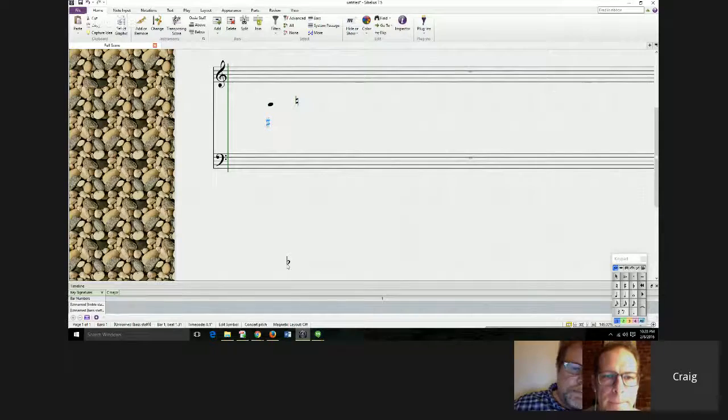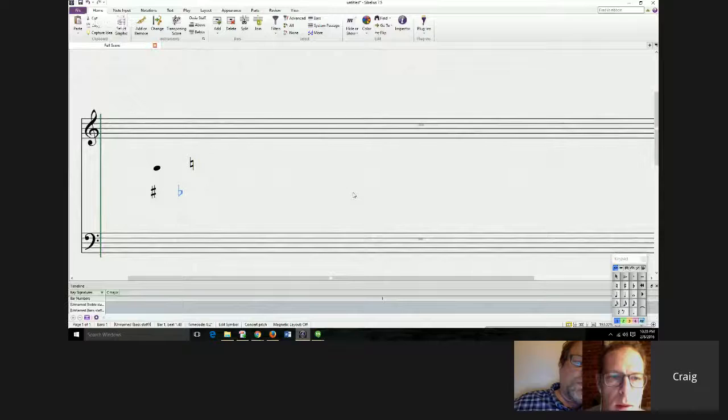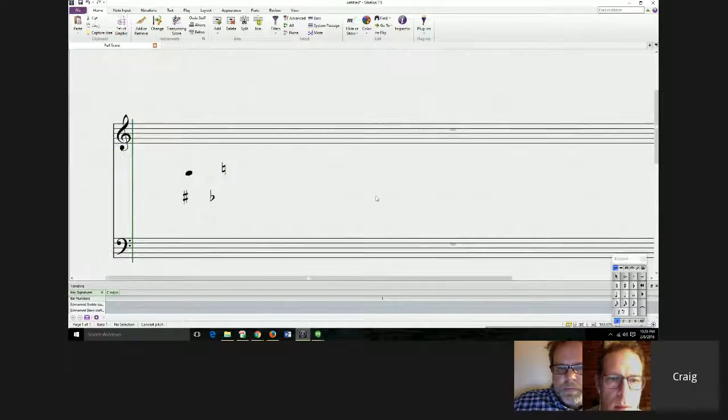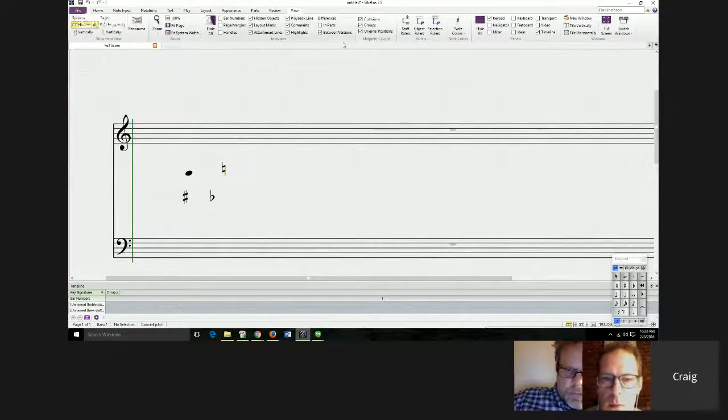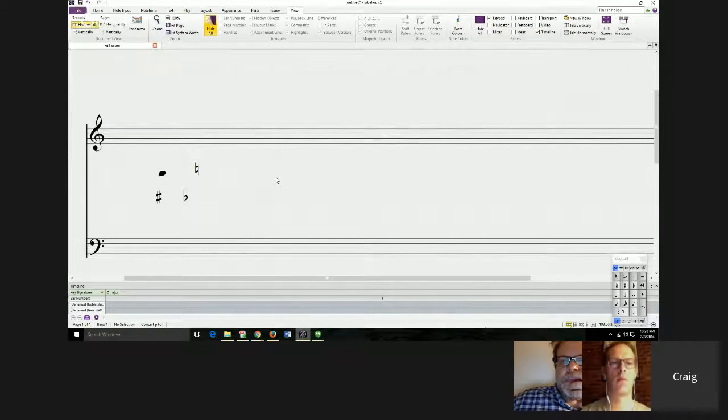Okay, so I'm using a notation program, Sibelius, to try and imitate what we would be doing. It's not an exact duplicate, but you can see roughly what it might look like on the tool. So I have my starting tools: my sharp, my flat, my natural, and my note head. I'm going to start by thinking about the general shape and character that I want my melody to be. I'm going to arbitrarily decide that I want a sad and somber melody.